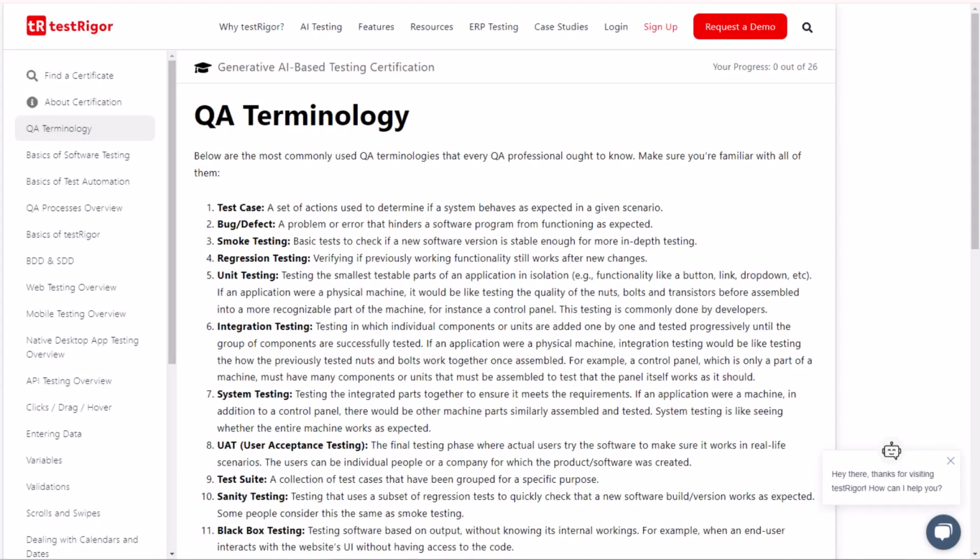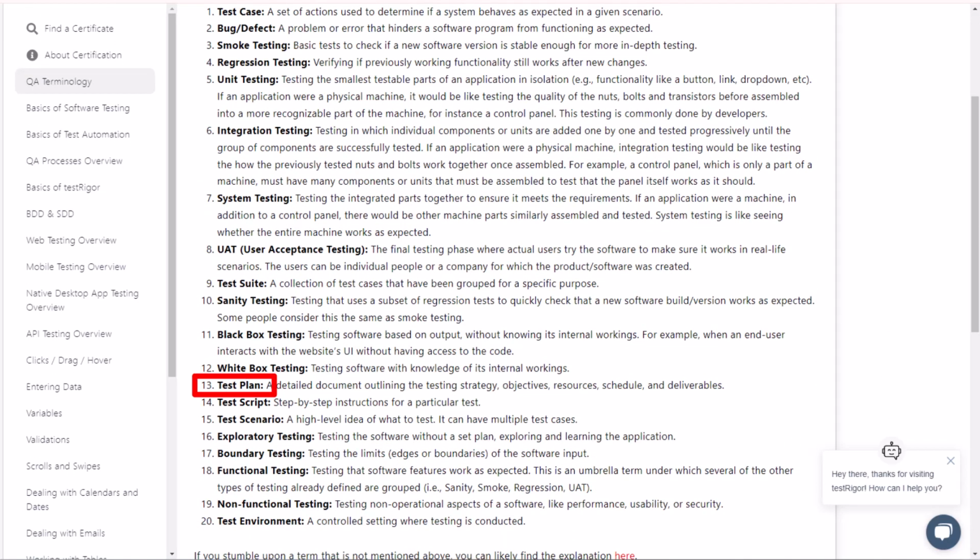In this video, we will cover essential QA terms and their definitions to build a strong foundation in software testing concepts. We'll explore key terminologies such as bugs, defects, and test suites. In addition, we will cover test plans, test scripts, and test environments, providing a clear understanding of their significance in